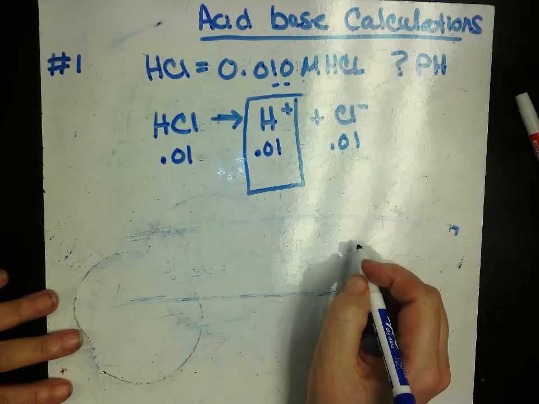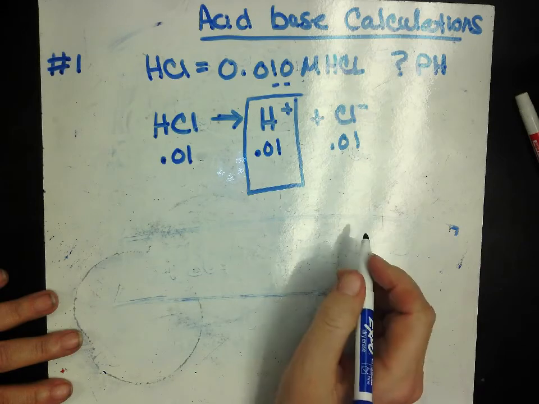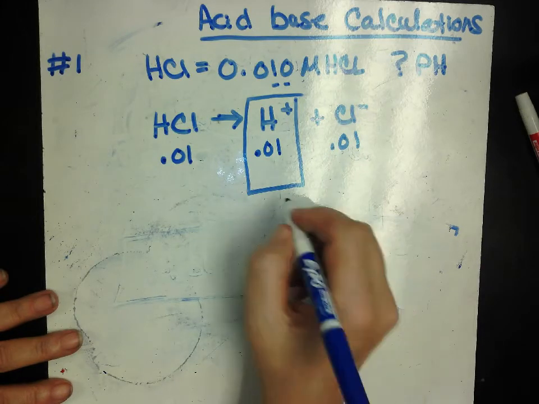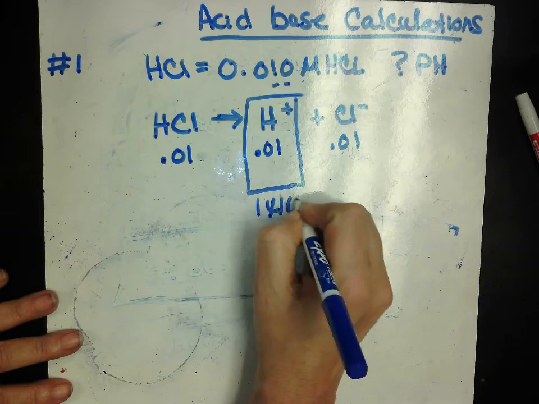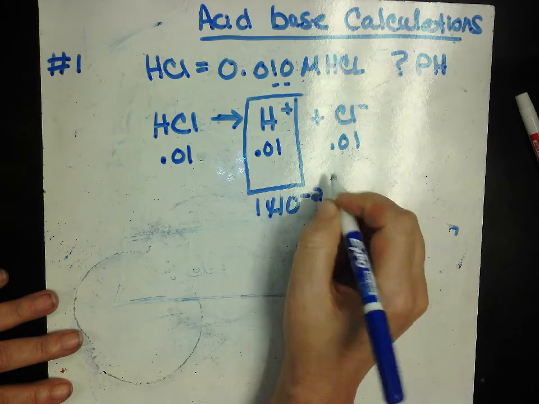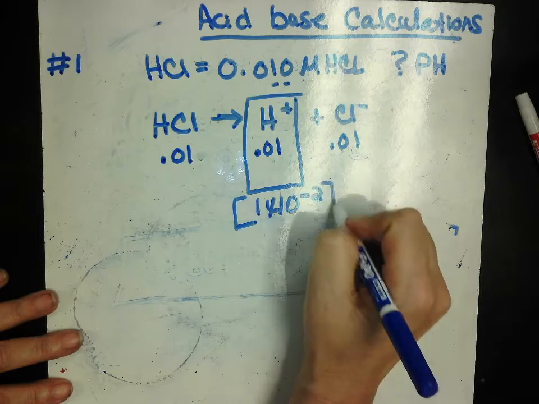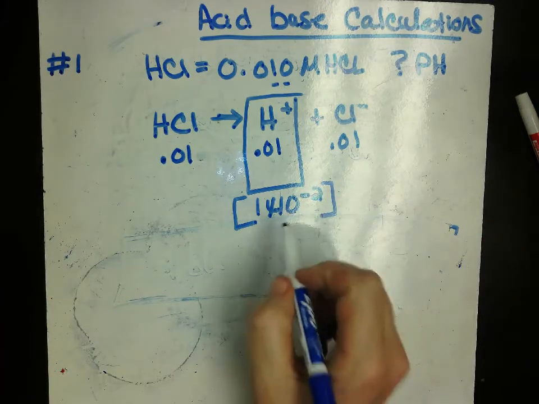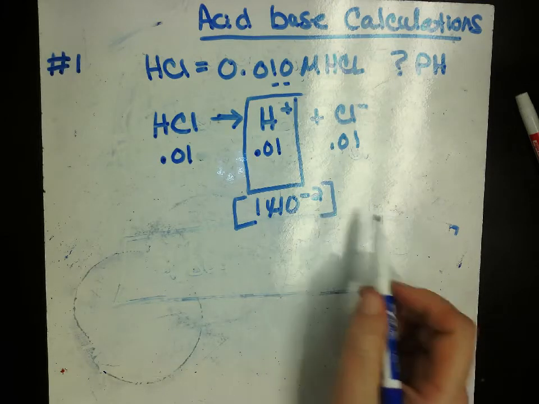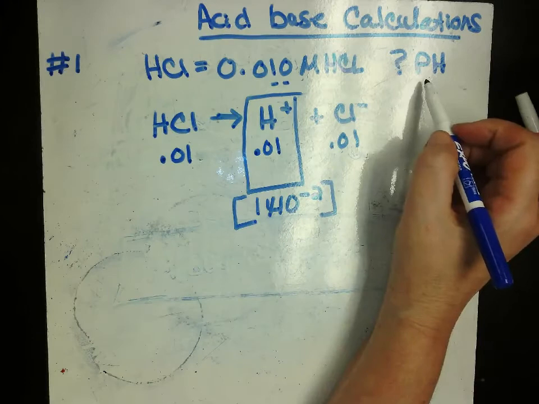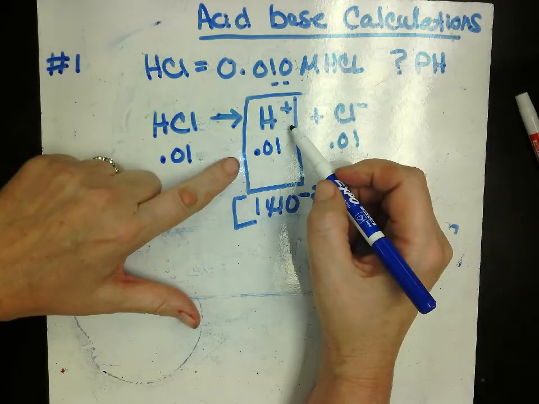And what I like to do, you can put this in your calculator and figure out the pH, but what I like to do is put it in scientific notation. 1 times 10 to the negative 2 is my concentration of my H+. Now on that worksheet, you plugged it into the ionization constant of water equation to find the OH. But here they want the pH. If I know my H+ ion,